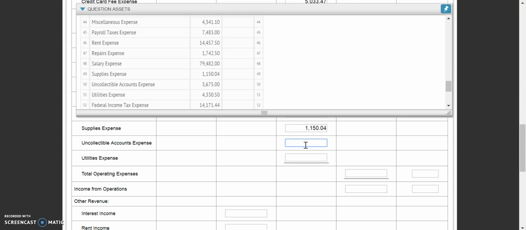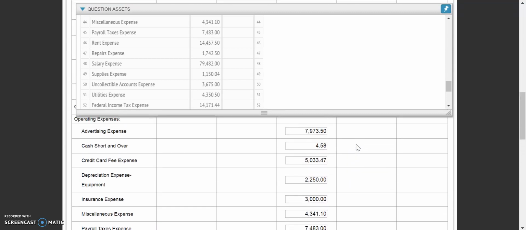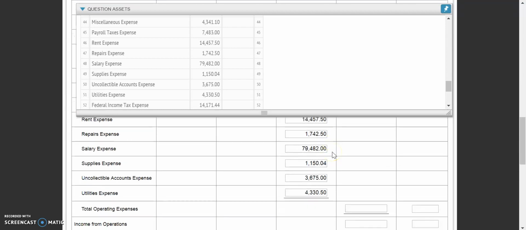Uncollectible accounts is $3,675, and utilities is $430.50. Now, we would go back through here and total all of our operating expenses, starting with advertising all the